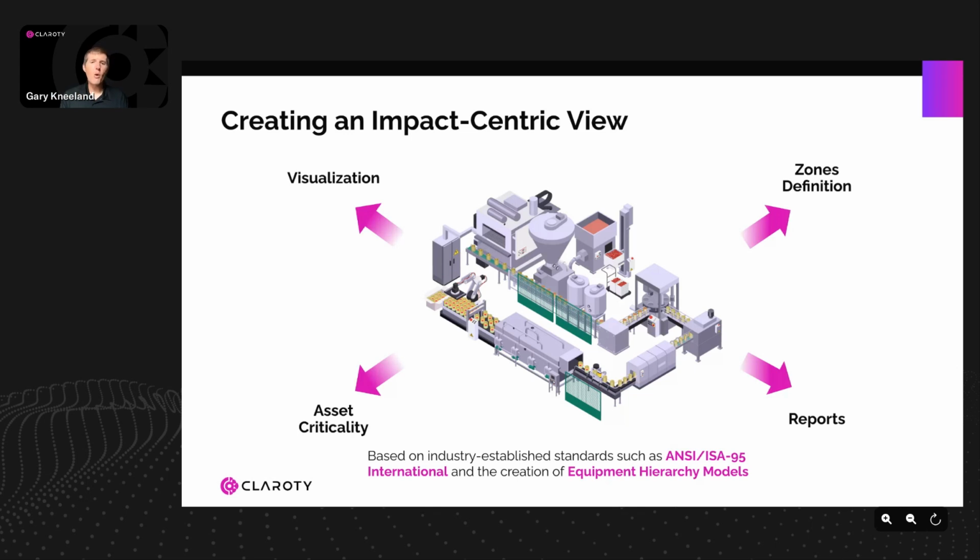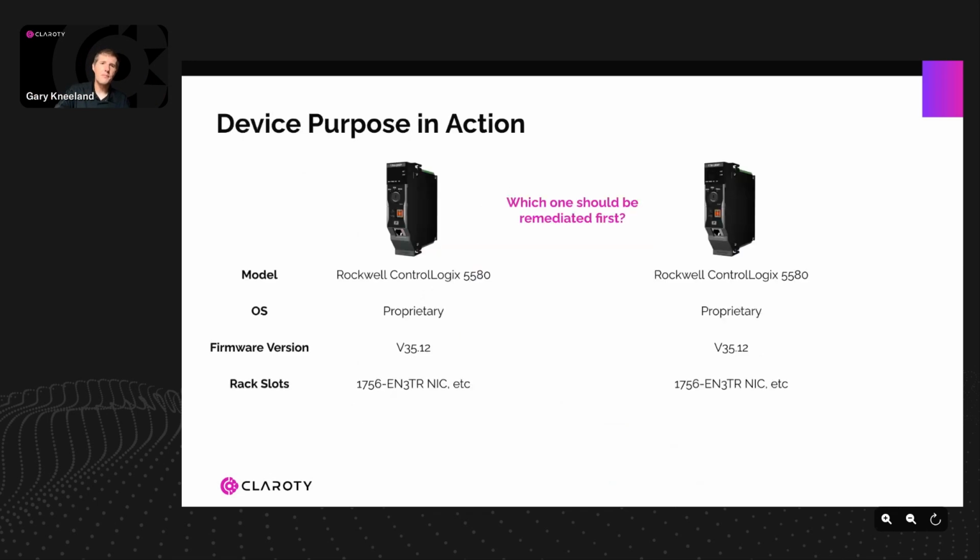The last thing here is reporting, and I think a lot of this goes down to things like regulatory reporting. We have a lot of customers that are more and more often being required to do regulatory reports on assets, and being able to have that context that not only is this asset part of a system, but it's also in scope for things like the TSA regulations or NERC-CIP regulations. Being able to define those assets as being in scope brings an additional layer of context in and allows us to make much more informed decisions when we're actually responding to things within the field.